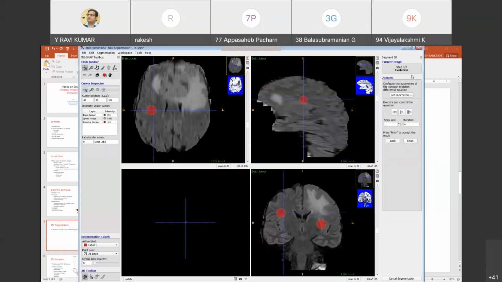So this is the final step, the evolution stage. So we need to execute the iteration. So click on the run button. So there are a few iterations going on. Like pixel by pixel, it is adding. So wherever it is connected, it is selecting.